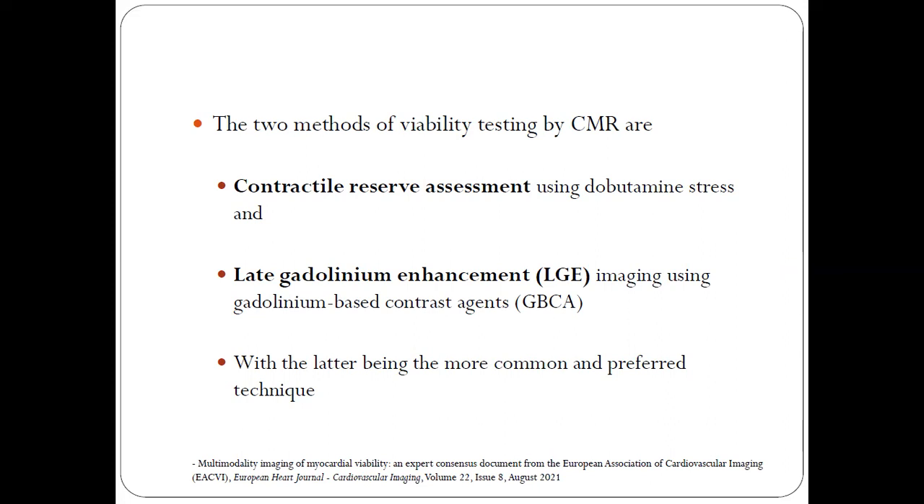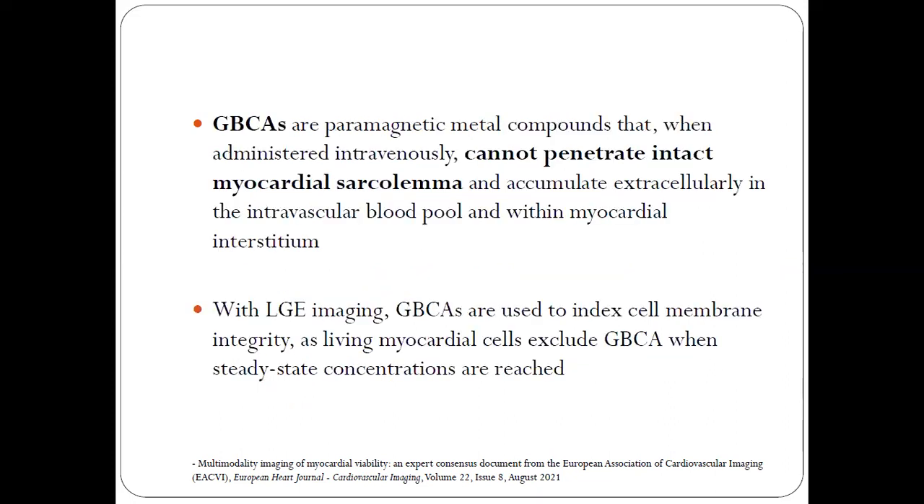So there are two methods of viability testing by cardiac MRI. One is contractile reserve assessment and the other is late gadolinium enhancement. Gadolinium-based contrast agents are paramagnetic metal compounds that, when administered intravenously, cannot penetrate the intact myocardial tissue. So this contrast agent cannot penetrate the intact myocardial sarcolemma. However, if the tissue is dead, necrotic, or scar, it can go and deposit in that part. So GBCAs are used to index cell membrane integrity, as living myocardial cells will exclude GBCA when steady